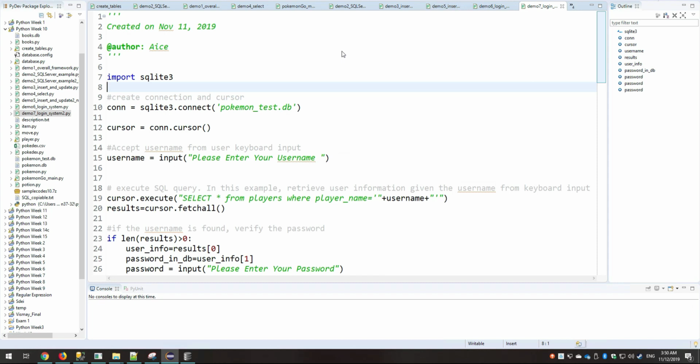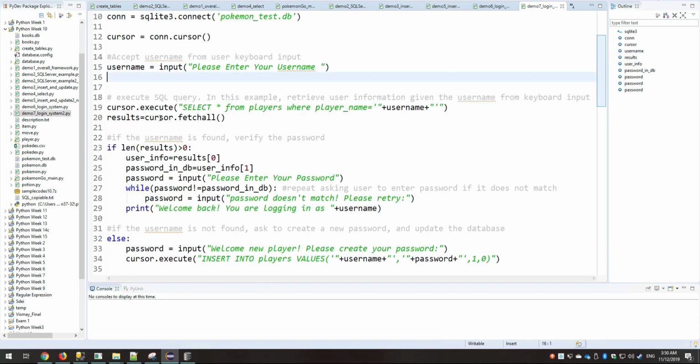So this is the implementation of the flowchart that I have just shown you. Let's walk through this. We are importing the package first, making a connection and creating a cursor. Now the user enters the username, and we use the username variable to cache this.